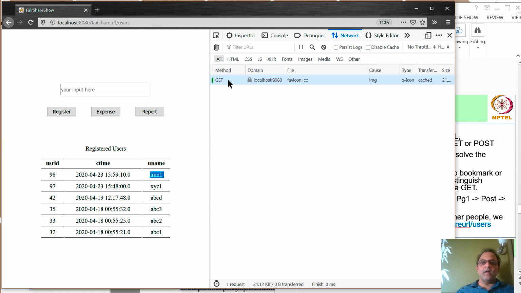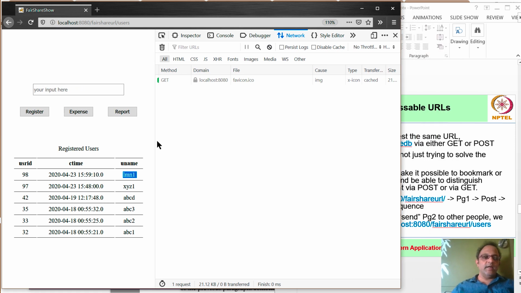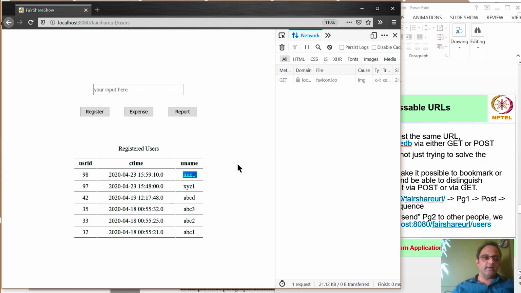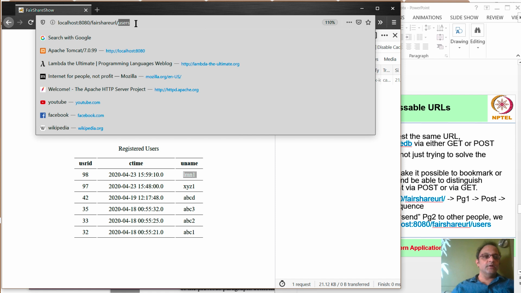The only call that was made was to this favicon, which itself was retrieved via a cache. So our history became only two components, even though there were three requests, and we are able to see the same content as before, this LMN1, but via a different URL. And in fact, there's more than that.